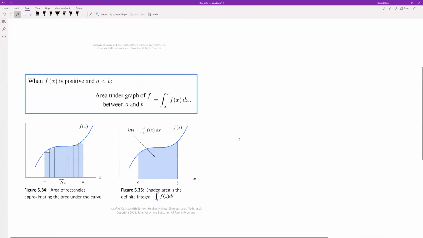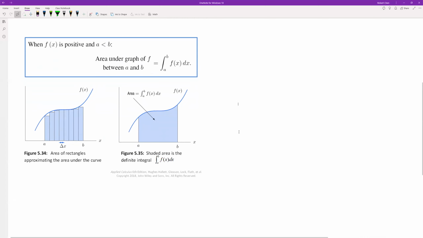Which is what we have here. So let's look at the definition first. When f of x is positive and a is less than b, the area under the graph of f between a and b is given to us in this form. So this notation is the integral. Integral from a to b of f of x represents the area under the function f between a